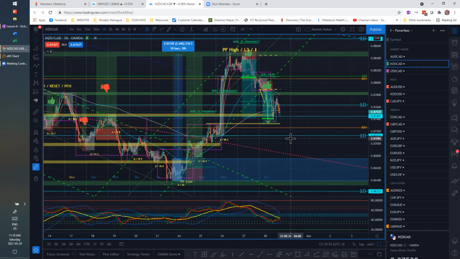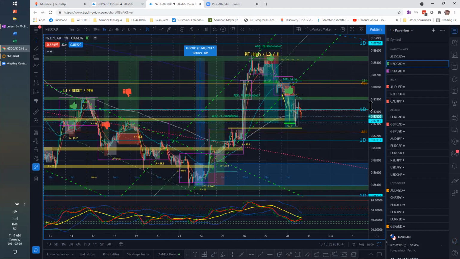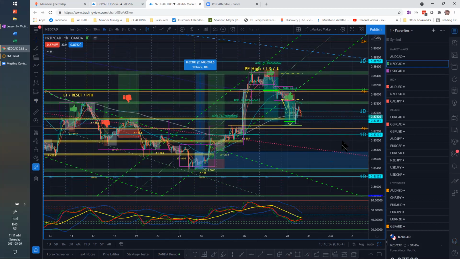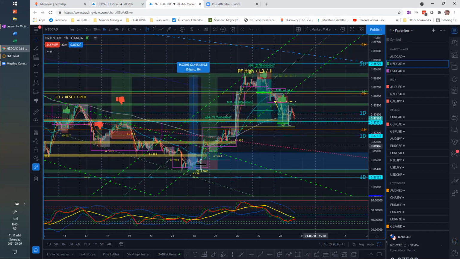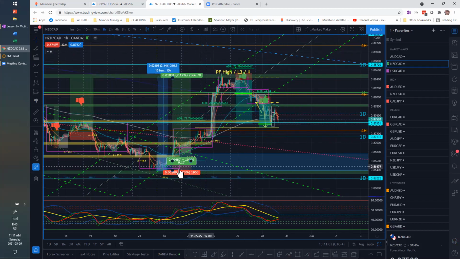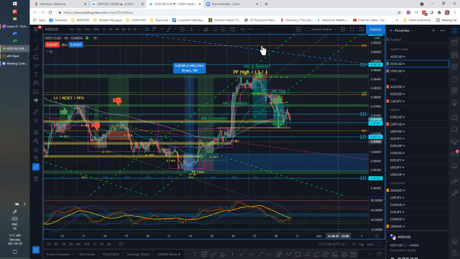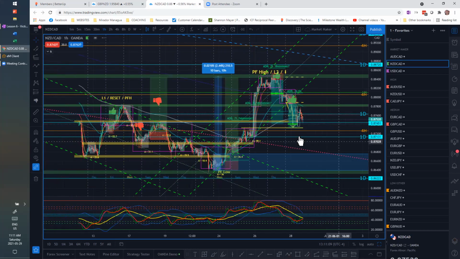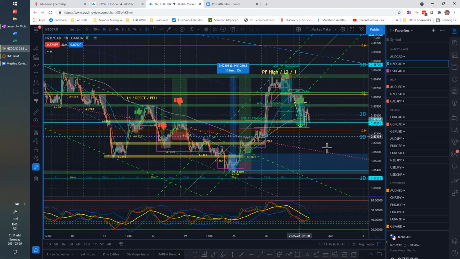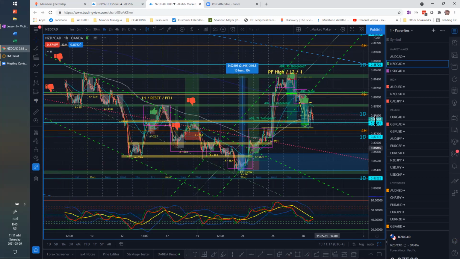So here's my total complete mess for NZD CAD. I was the one that I was trading, and I put out and said, if you had taken this trade, because we got our reversal down here, but you can see that I'm throwing all these channels up everywhere. So I've got a big 4-hour channel. So I know on the 4-hour in the long term, I'm in a downtrend. So I never really forget that. And I'm looking at